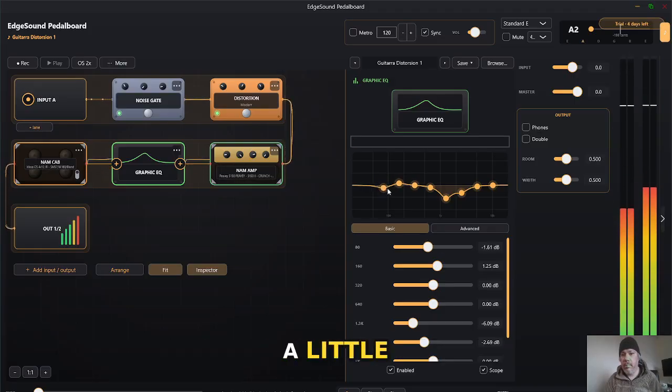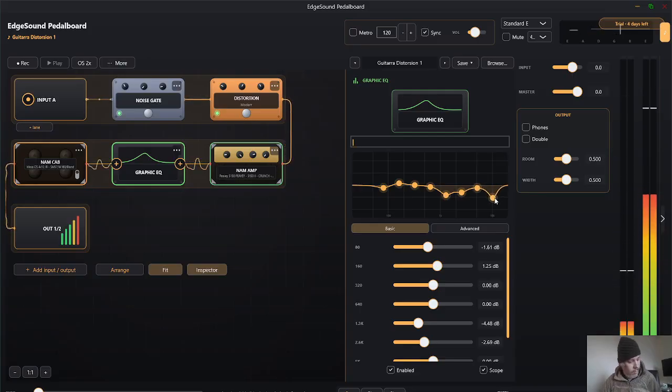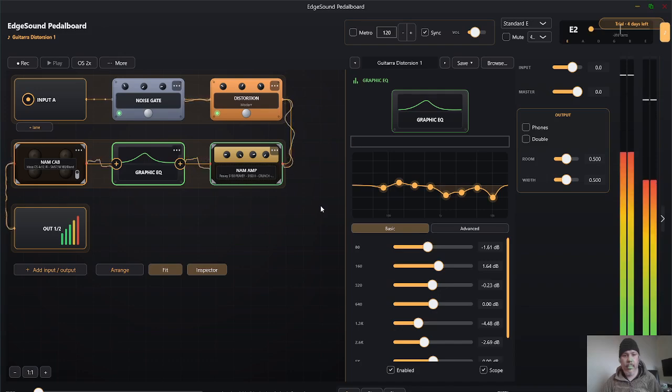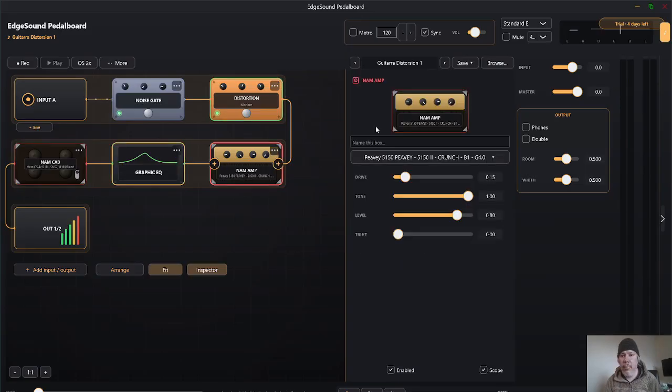Let's drop the distortion a little. Sorry, I made a mistake.